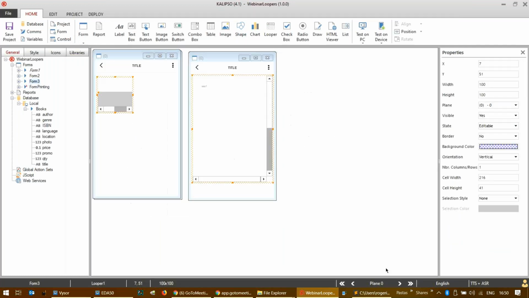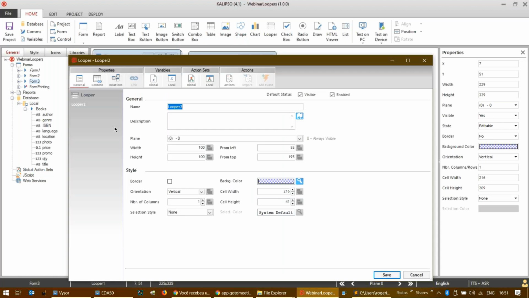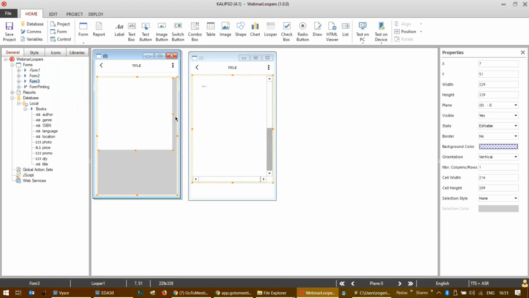Imagine that you have something like this, where you have some controls, for instance the client name, the address, and then you would have all the products that you need for them. Since we cannot host another looper inside a looper, I believe that's still the case, what I normally suggest to do is to